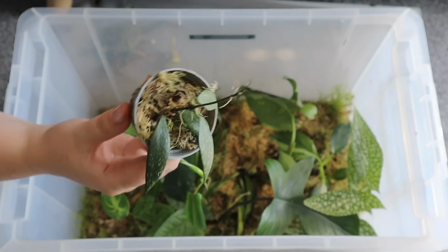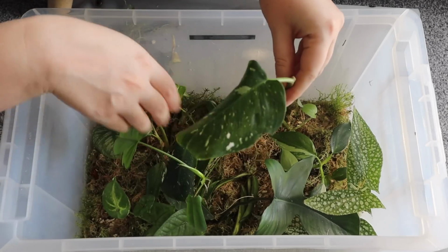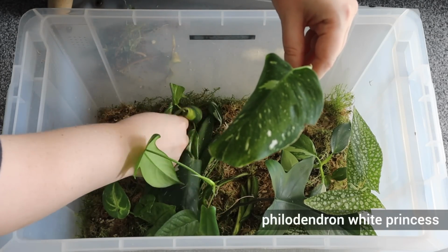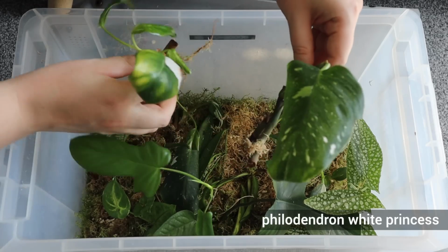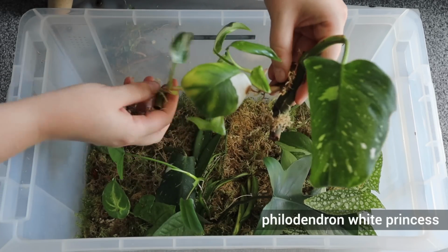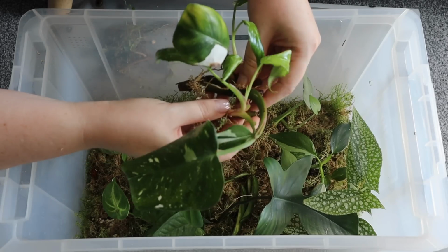But overall, it's still moist and it's not dried out, so it's probably fine. I've got a couple more white princesses in here. I did such a big cut of mine that it came with so many wet sticks. I've already swapped away